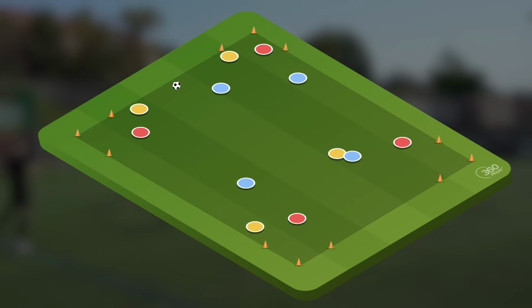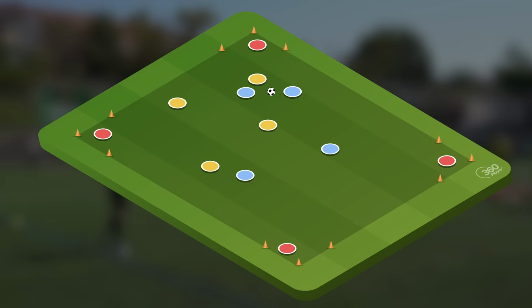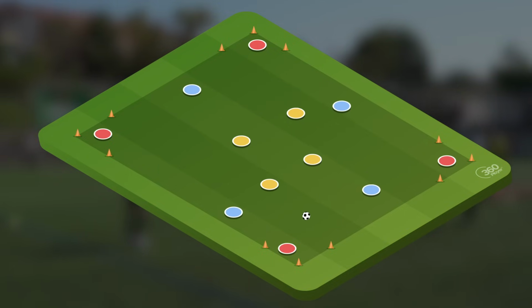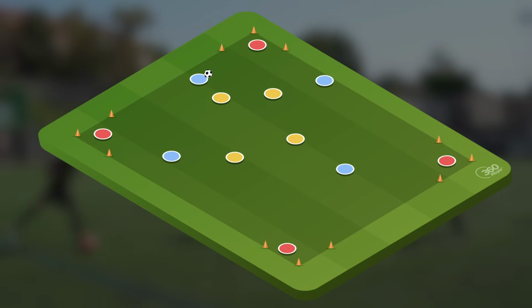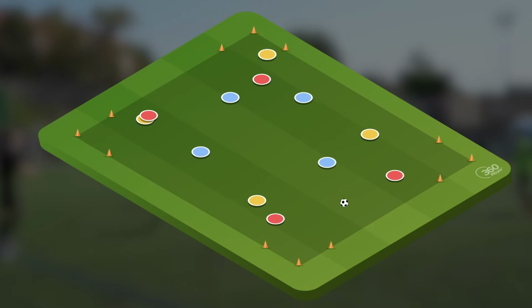In order for a team to score a point in this drill, they first need to complete a given number of passes in a row and then play it into one of the teams in the corner for a point. The team that just got scored on then takes the place outside and the team that was in the corners comes on. This drill can get extremely competitive amongst the 3 teams,